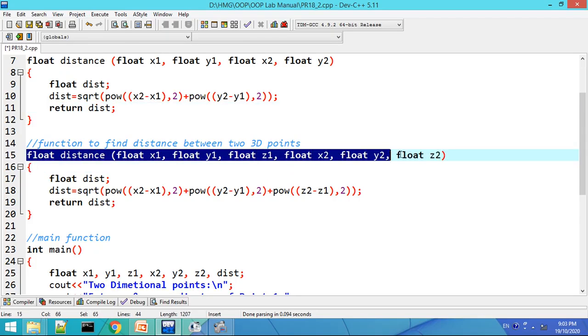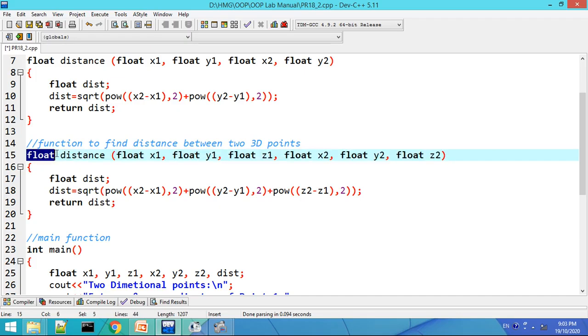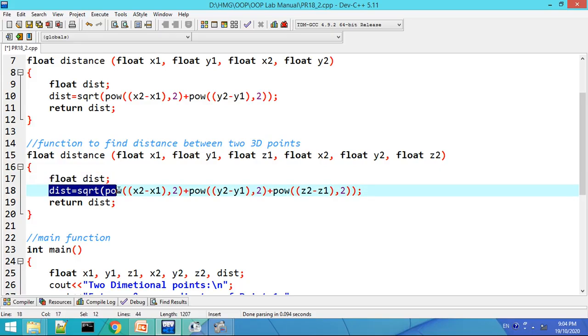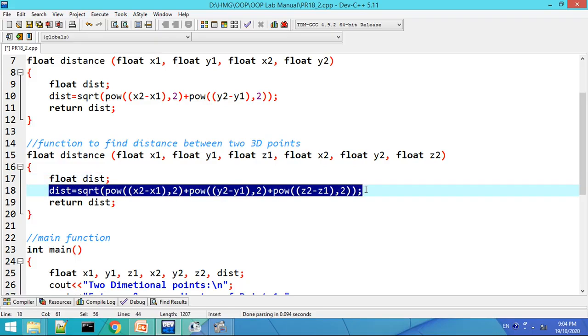Now here the second function I am going to define is to find the distance between two 3D points. 3D points means there are three coordinates x1, y1, z1 of point 1 and x2, y2 and z2 of point 2, and this distance function is going to find the distance and return it. That's why the return type is float. Here I will require one local variable dist, that is the distance which is the return value of this particular function. And now let us implement the formula that I have shown to you for the distance between two 3D points, that is square root of (x2 minus x1) square plus (y2 minus y1) square plus (z2 minus z1) square. So this mathematical formula is implemented